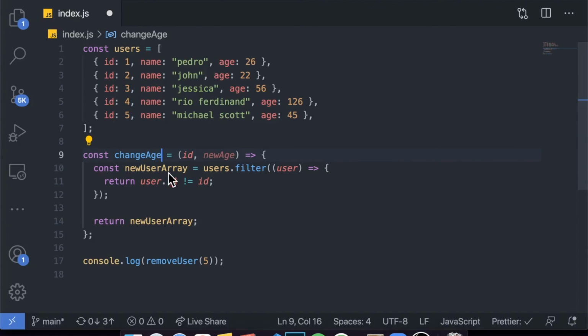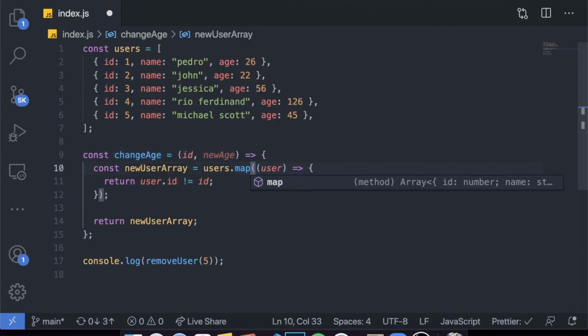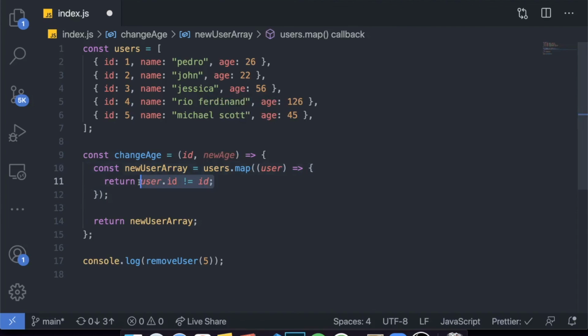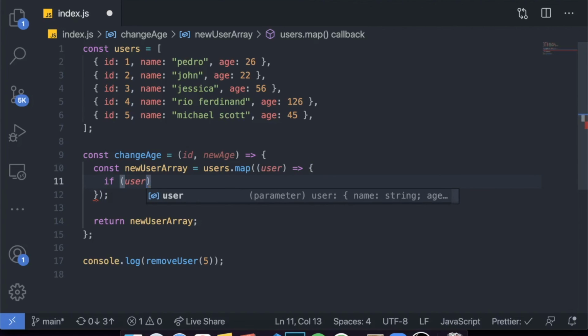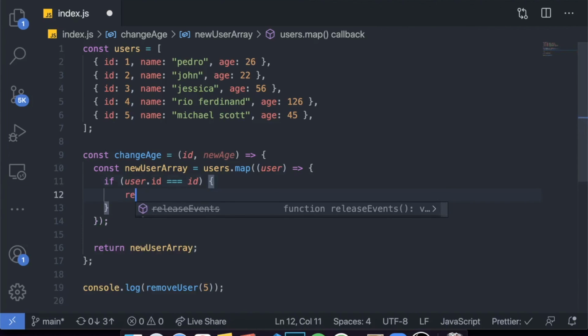And over here, instead of using filter, what we actually want to use is map, because we want to change one of the elements in the array, right? So this is the idea. What we actually do here is ask some questions in the map function. So what are the questions we actually want to ask? Well, if the current user that we're looping through, dot ID, is equal to the ID that we grabbed in the function, then we want to return